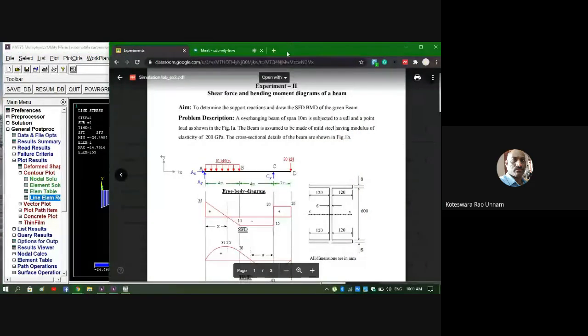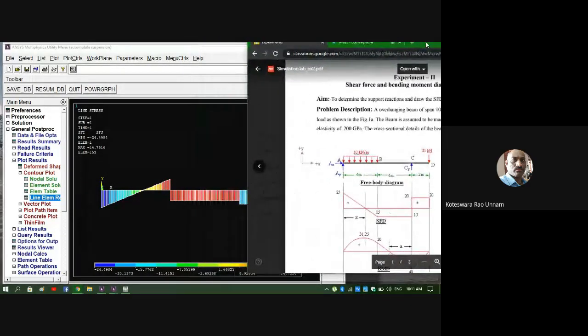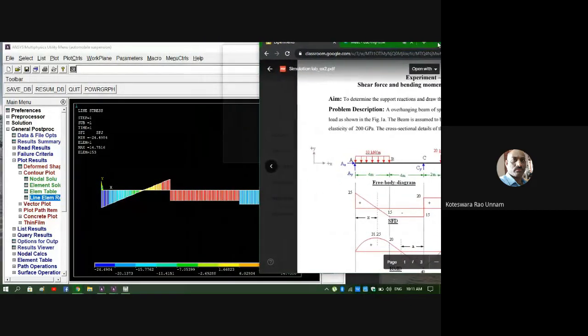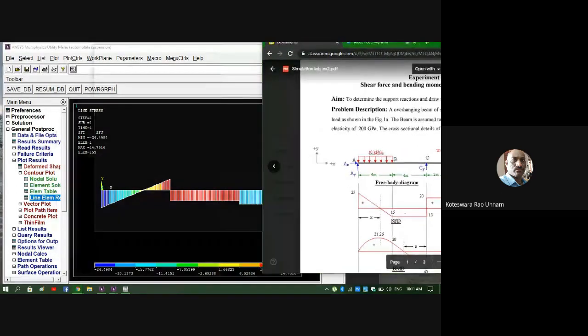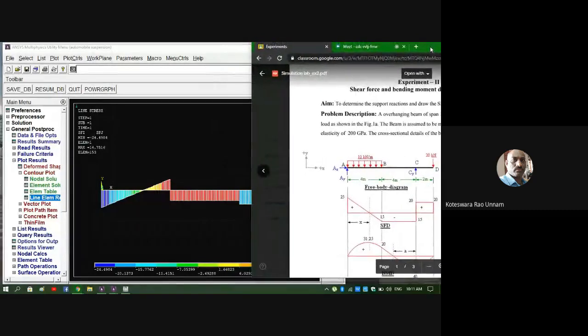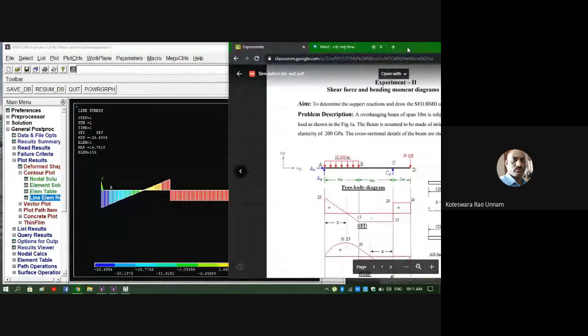Now you can see the shape is the same, but you are getting the shear force diagram like this. Why are you getting this here? There is something wrong in the shear force diagram.